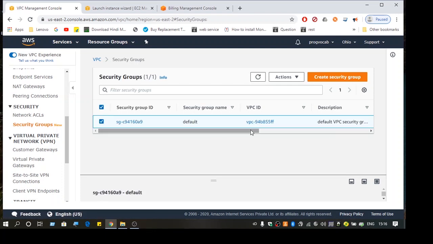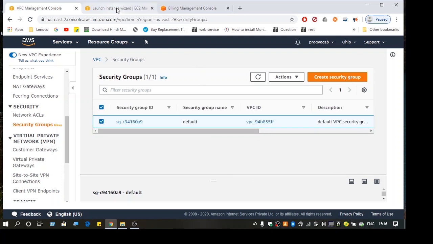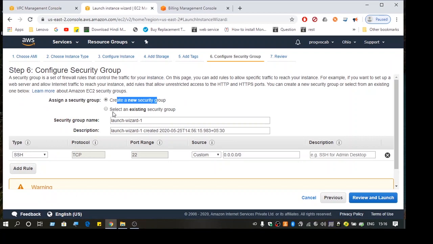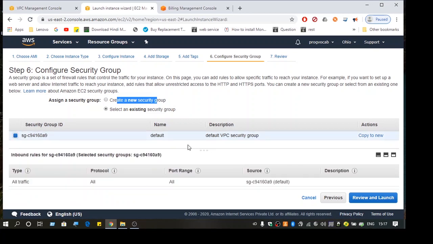So here we have a security group also, and you just select an existing security group. Since we have it already, we are going to use that. All ports and all IPs, everything can access this instance.